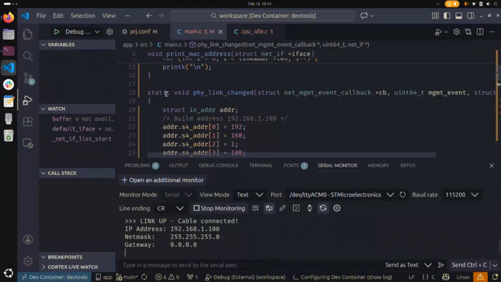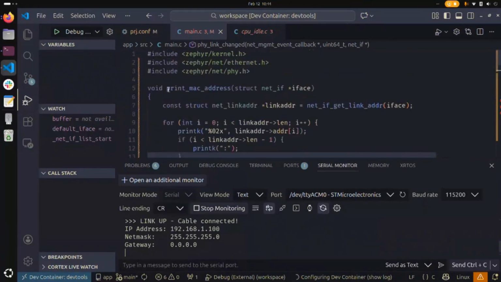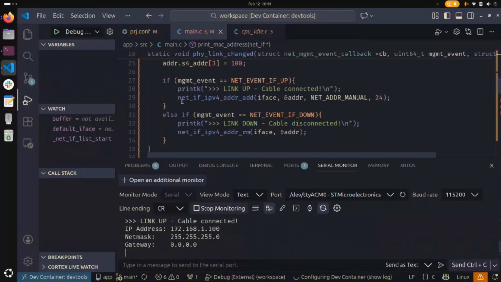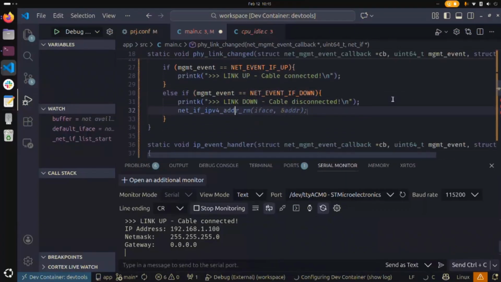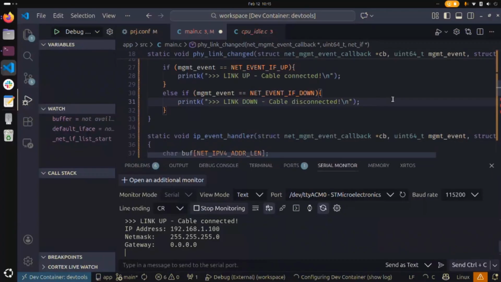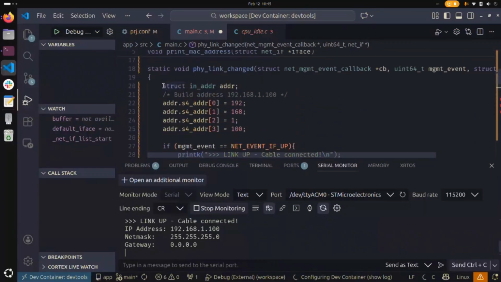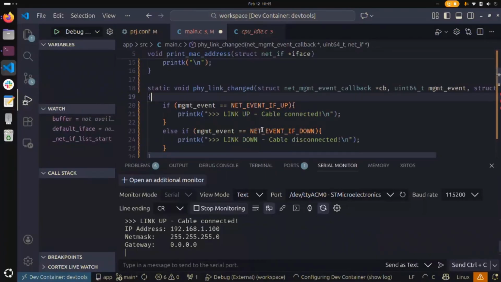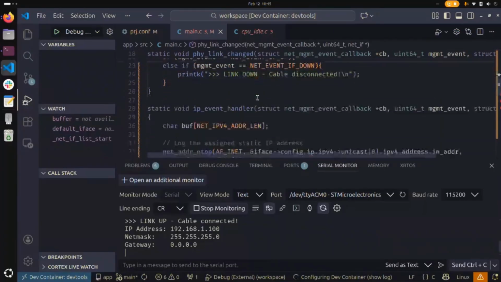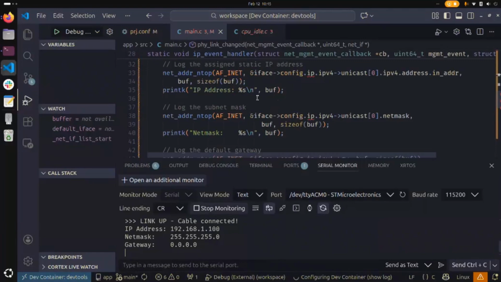we don't need this callback anymore. Sorry, we don't need these functions, right? So let's remove these functions because we are no longer assigning an IP address manually. Neither do we need these variables inside the functions. We want to keep the same callback just because